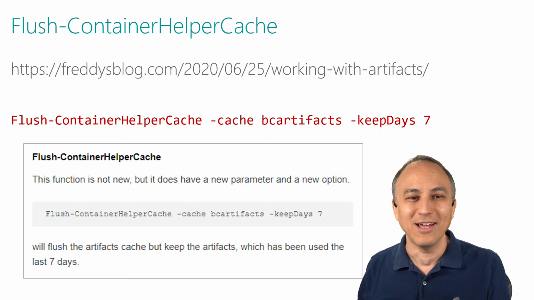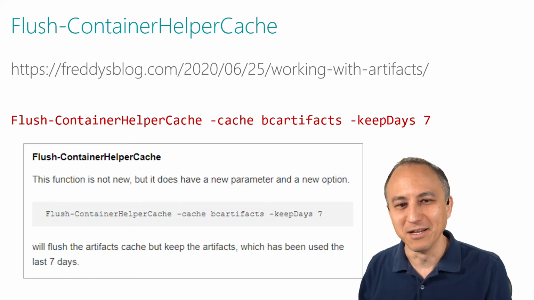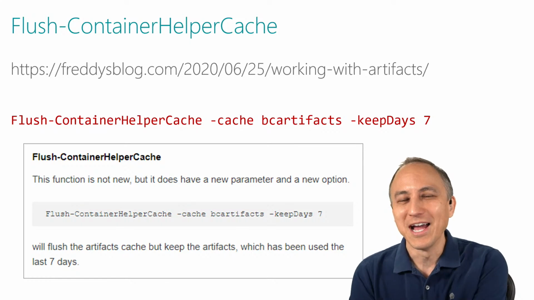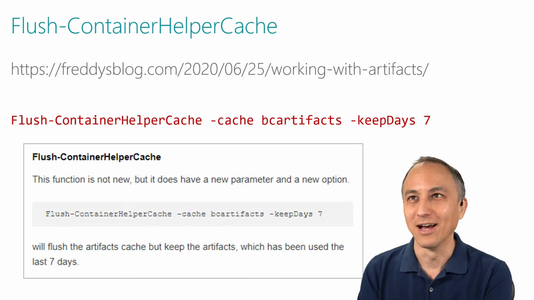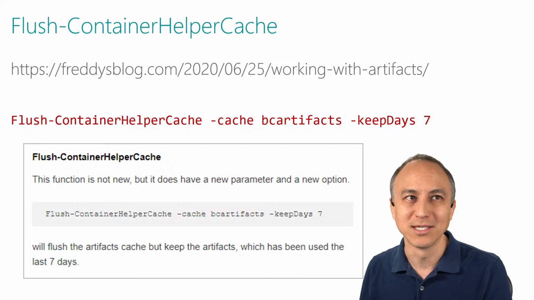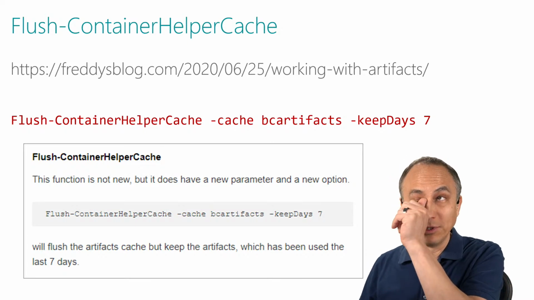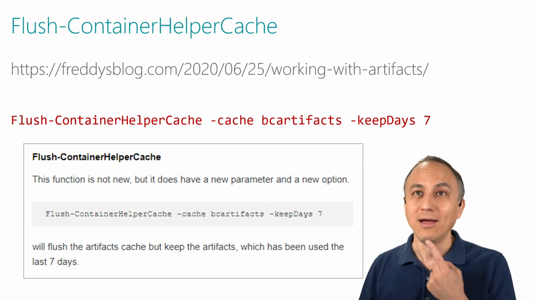And yes, Jeremy says, I also missed that key Freddy post. Feel like I should reread the whole thing every 6 months. And I'm sure Freddy would agree with you, because I know that Freddy is inundated with support requests and questions, and he's like, it's in my blog post. I'm sure that he's just got that on copy and paste. It's in my blog post from 3 months ago, 6 months ago, 12 months ago. So reread his blog post from June 25th, working with artifacts. I need to reread the whole thing, but there it is,